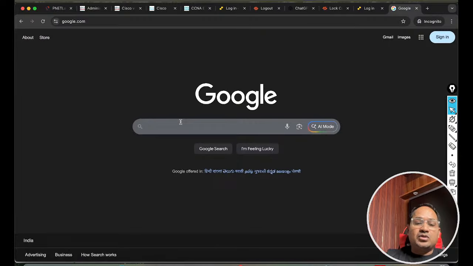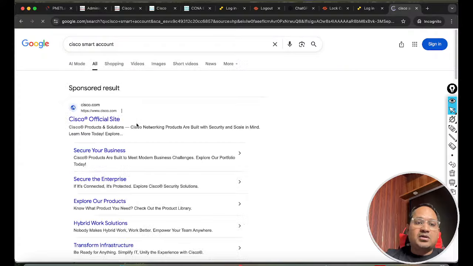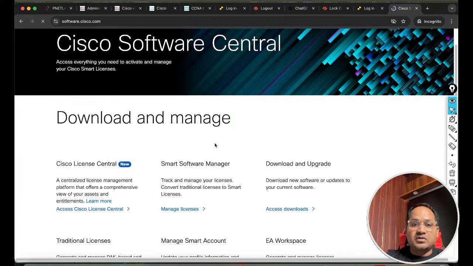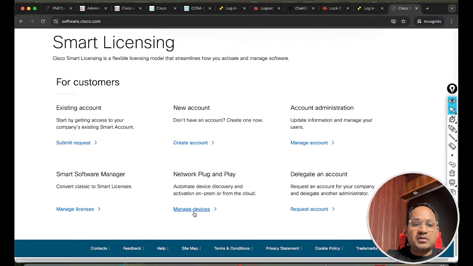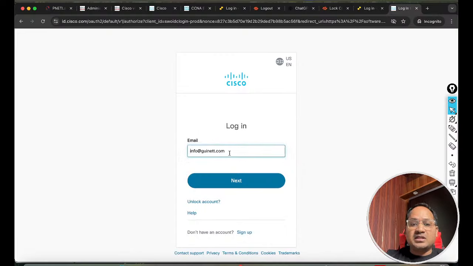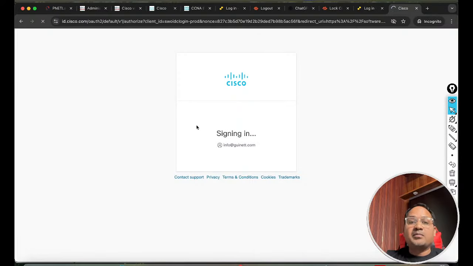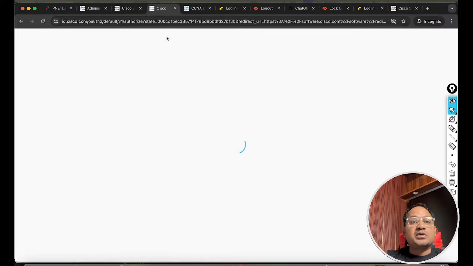Let me show you. GuiNet has their own Cisco PNP portal. So we have our own smart accounts because we are building our own infrastructure for the customer, like corporate training and all. So we require that. So if I go down to plug and play, I can show you. Whatever inventory I have, the same. You can see I'm just logging in with the company domain. And after going to this particular domain, you just have to put the password and verify the email. Now I'm in the actual PNP portal from where this Catalyst SD-WAN is doing all the